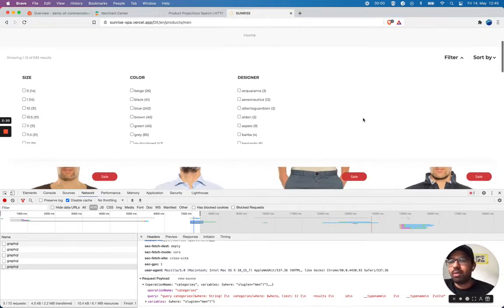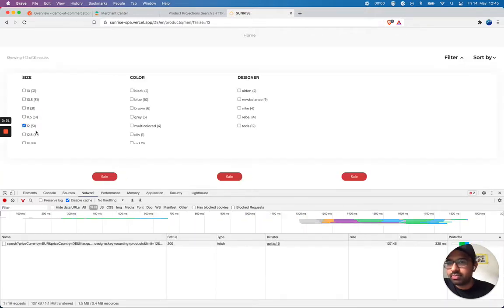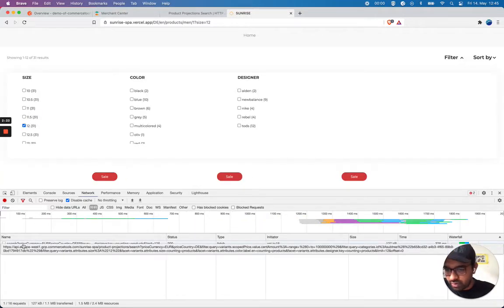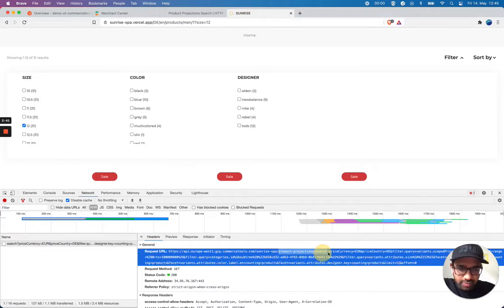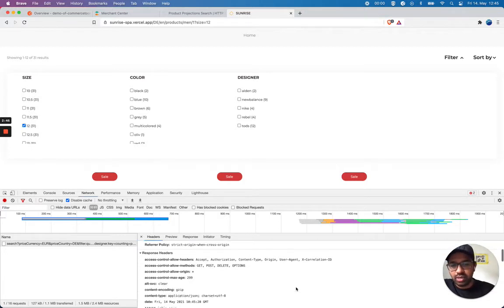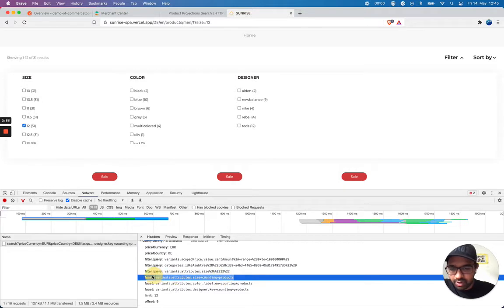This is an example. I'm going to clear this first and apply size 12, for example. I got 33. So now you see here, there's a call to product projection search, and it's following some query parameters. Let's take a look at what those query parameters are. I can see that there is a facet, variants attribute size. I can copy this,